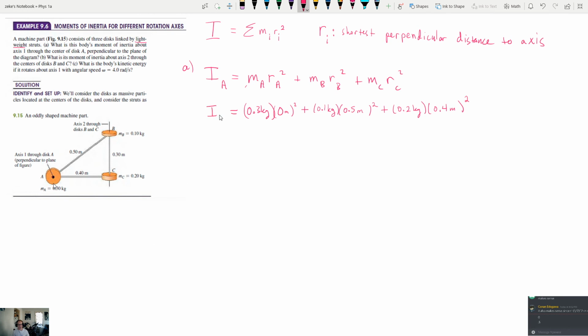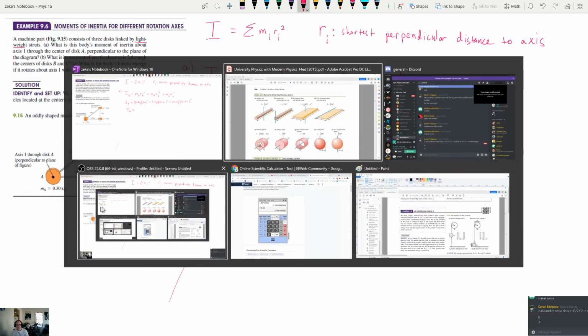All of that's going to give us our answer for the moment of inertia. It's going to be in the right units. The units for moment of inertia are going to be kilogram meter squared. So let's just use the